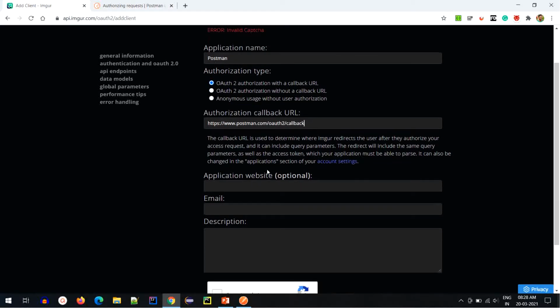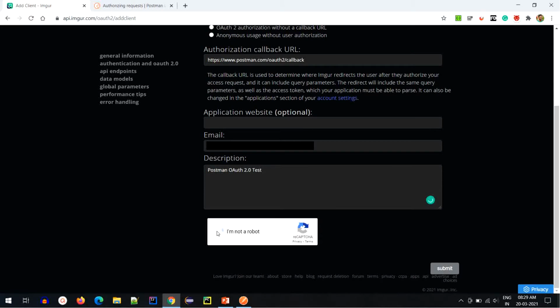By doing this, the Imager website after authorization will redirect to this URL. Then let's just provide the email ID. This will be the same email ID you used when you registered on the Imager website. And let's just write some simple description and say submit.